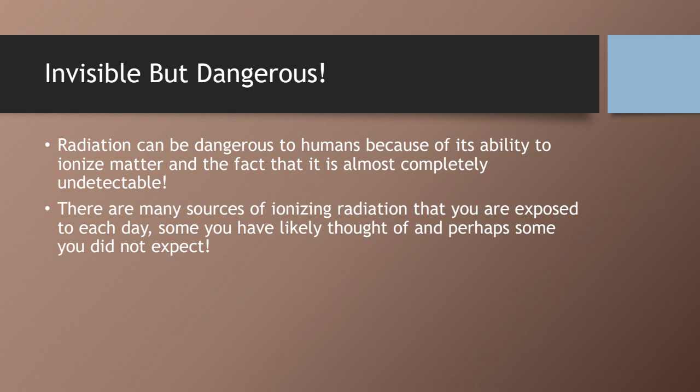And the biggest problem with radiation is that it could be right next to you and you would never know unless you were looking for it. It's almost completely undetectable. We use things like Geiger counters to detect radioactive particles. All it's doing is essentially catching the particles out of the air. If you don't know to look for them, then you would never know they were there. And that's why radiation can be so dangerous.